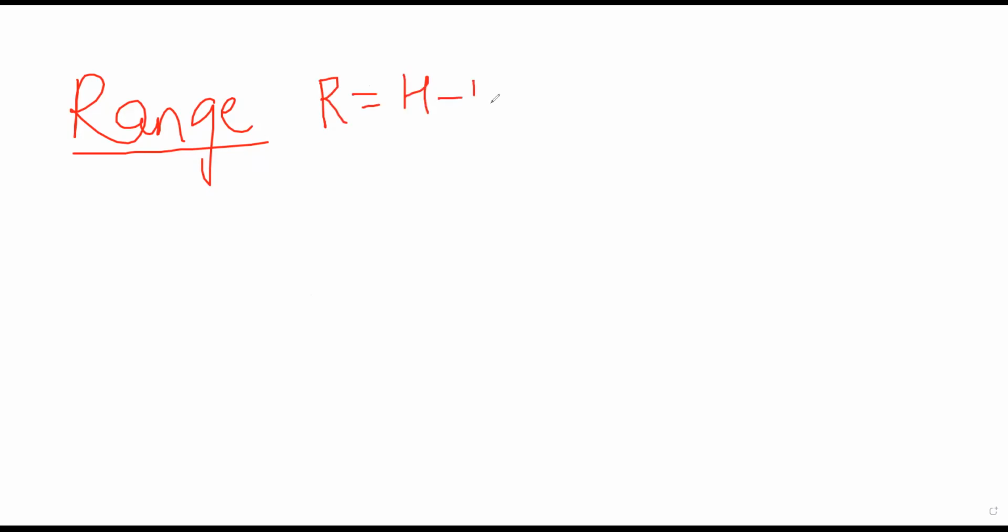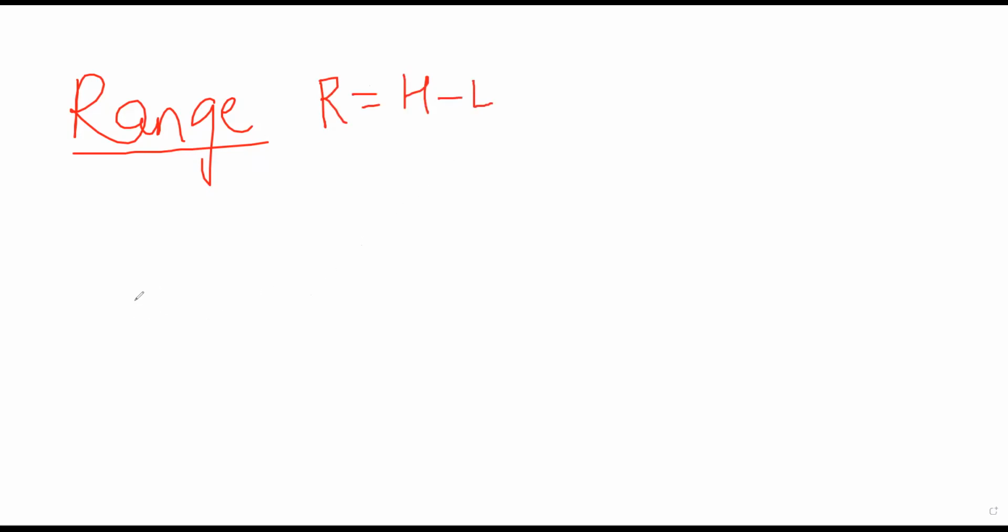Right. Now coming to the next topic, we have range. We have a few small topics left in this chapter. We'll do range, probability, then we'll do normal probability. Now, first of all, what is range? A range will be the difference between highest and lowest value of a data. Range is represented by R. You will have R is equal to H minus L.